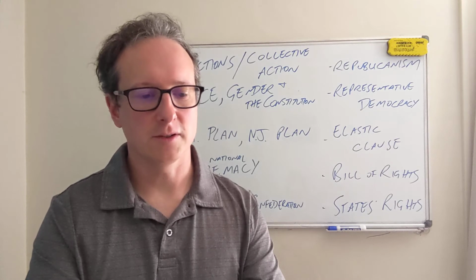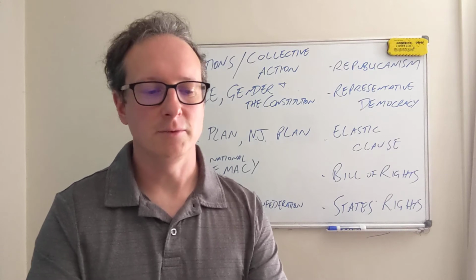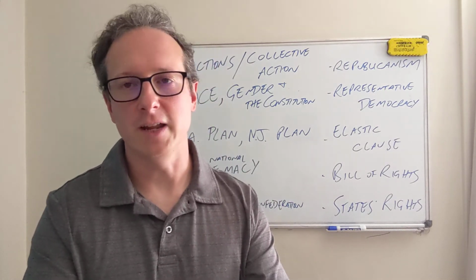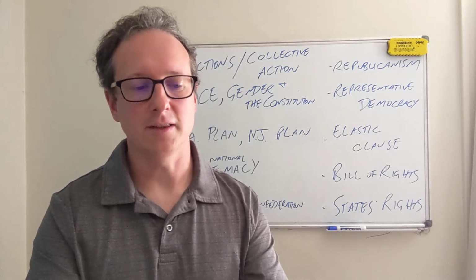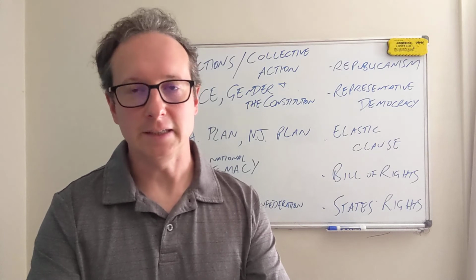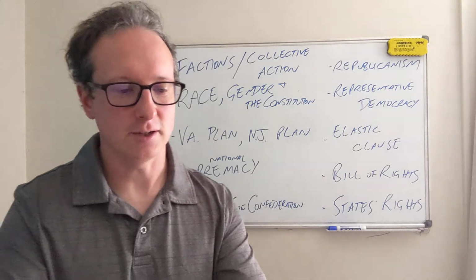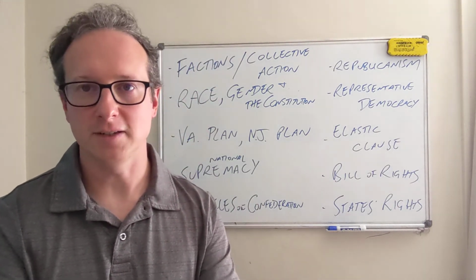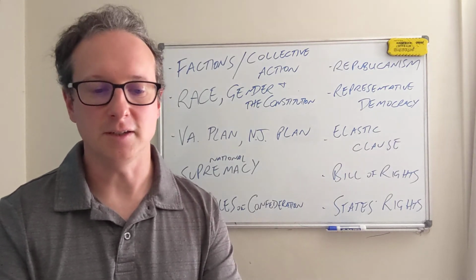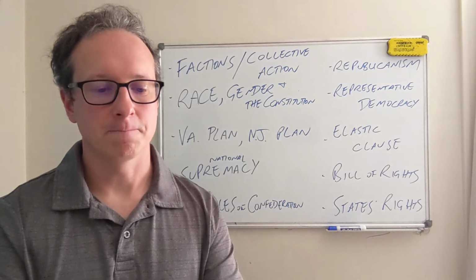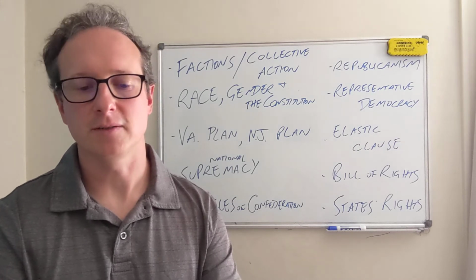And so when the Articles of Confederation were scrapped, one of the things they decided on was that Madison really fought for this idea of national supremacy. This idea that whenever the state and the national government came into conflict, the national government has to always win legally, constitutionally, politically, all of it. You have to recognize the national government is supreme and superior to state governments in every way. And if you don't do that, then you're always going to have this veto of both passing laws and enforcing laws. So you simply can't allow one state to be more powerful than the rest of the states combined and unified.